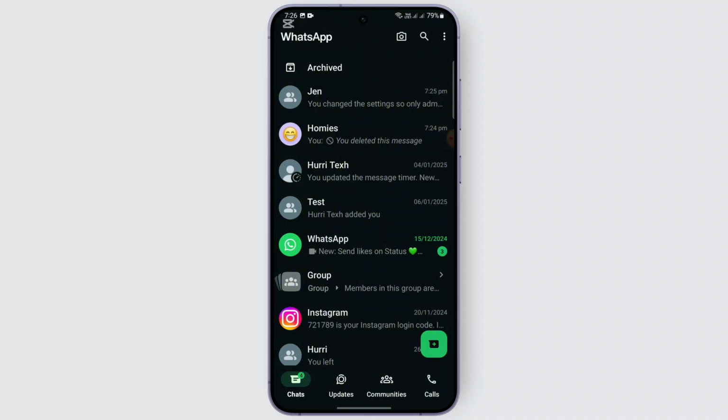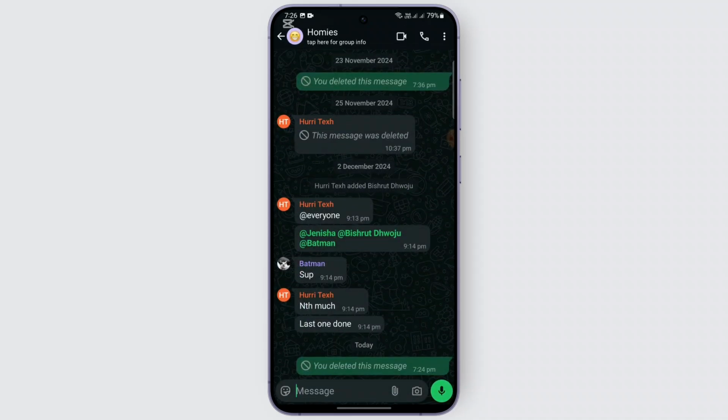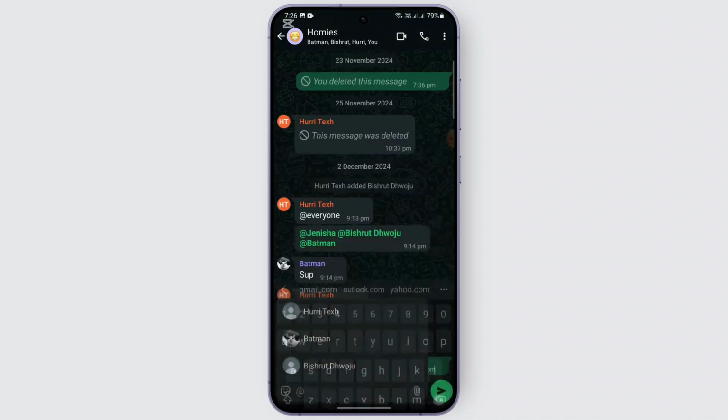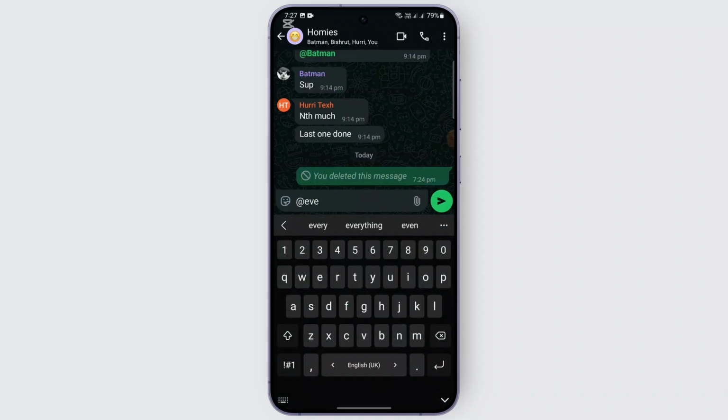So first of all, open up the group chat where you want to tag everyone after you've successfully launched your WhatsApp and logged in. For example, this group right here. So in the text box, you're going to type in @ and here all the members will appear, and also an everyone option will appear if that feature is available in the group, if the group admin has not restricted it. So you might also need the latest version of WhatsApp to use this feature, so make sure your app is updated. And if you find that feature, the option of everyone, you're gonna go ahead and tap on everyone